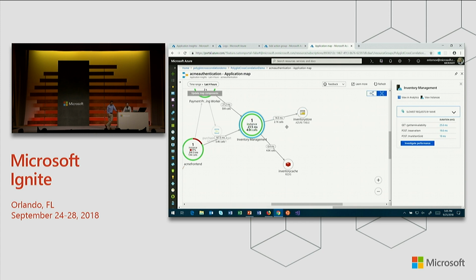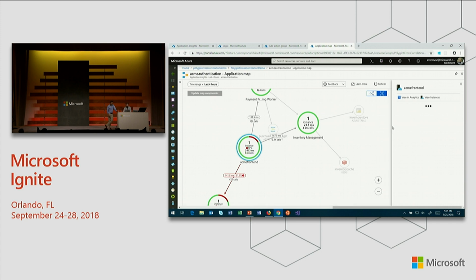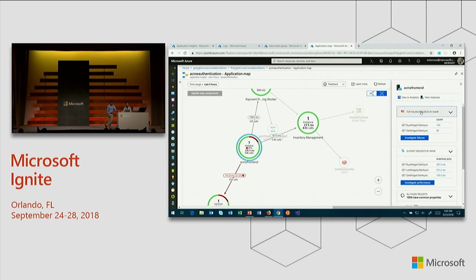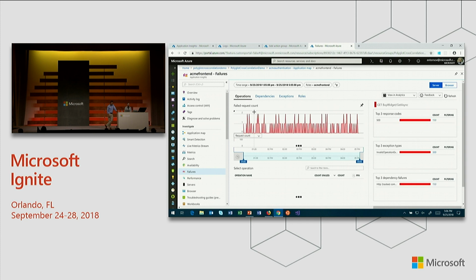So for example, this one here, I'm seeing 17% failure rate. I can click on it, and I can see exactly what's failing. So maybe I want to pick this get async operation here. This will take me to the failures experience, where I can interact with it